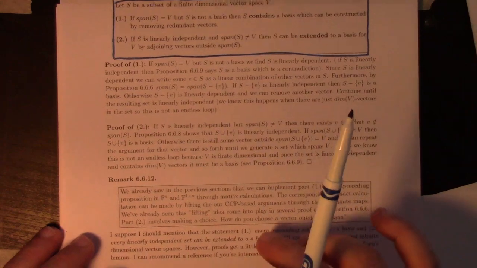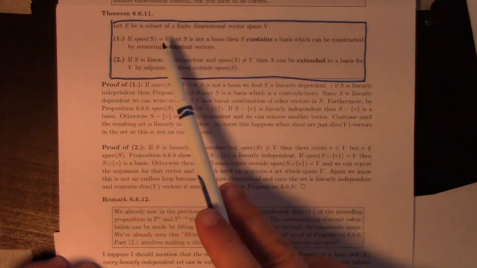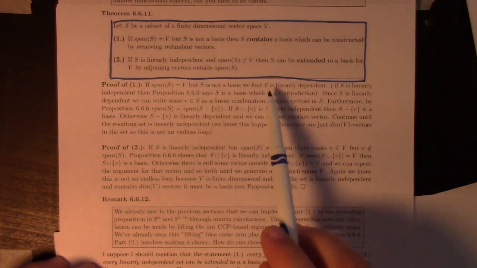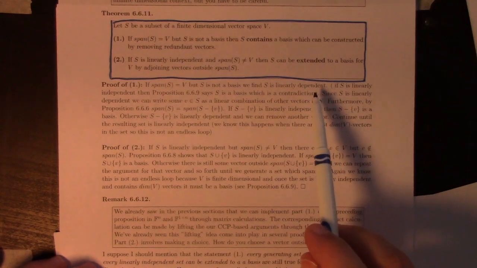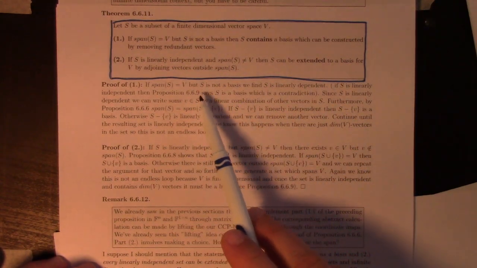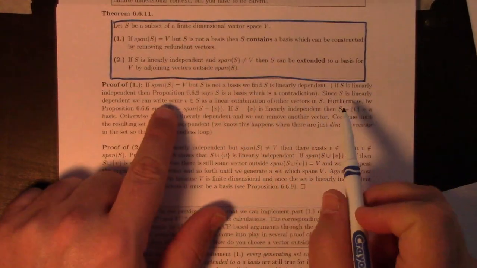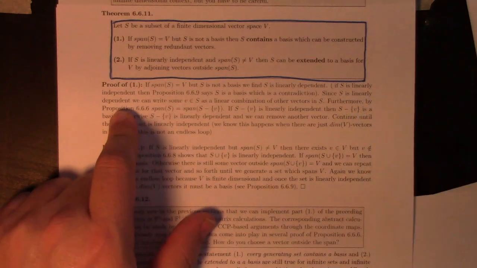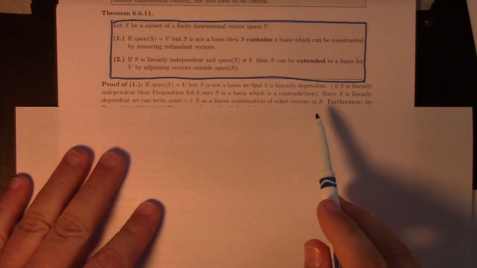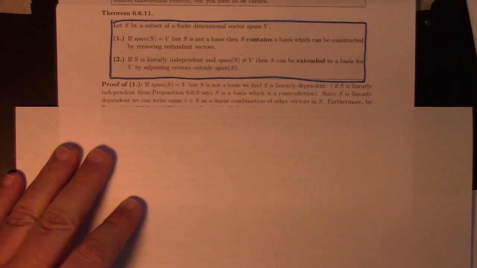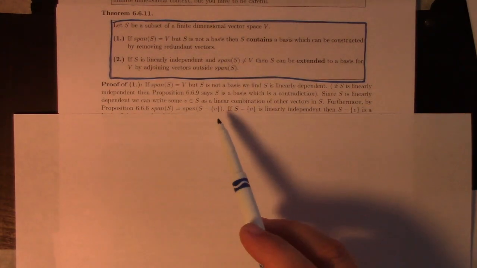Let's actually do that. So the proof of 1. If the span of S is V, but S is not a basis, that means what? That means that S is linearly dependent, right? Because if S was linearly independent, then it would be a basis, because it's already a generating set for V. Okay, since S is linearly dependent, that means that we can write some vector v in S as a linear combination of other vectors in S. And furthermore, by proposition 666, the span of S,